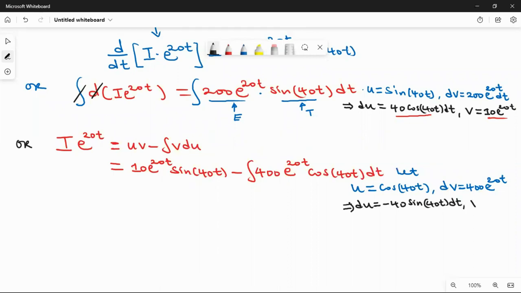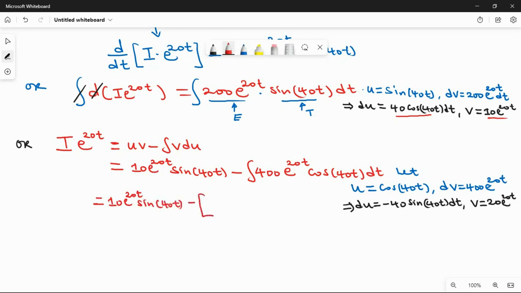Integrate dv to get v is equal to 20 exponential 20t. So when I again substitute it into the parts formula, we are going to get 10 exponential 20t sine of 40t